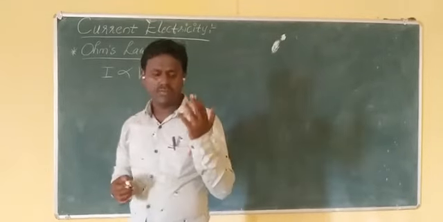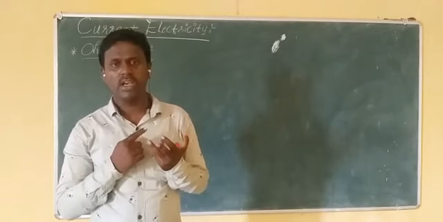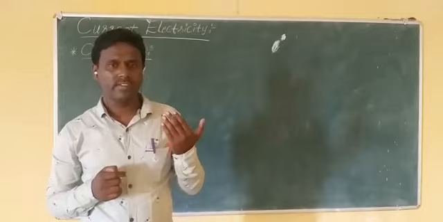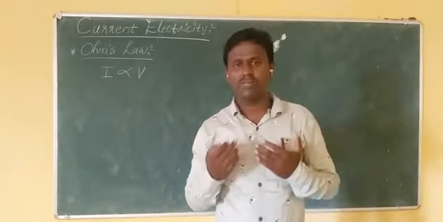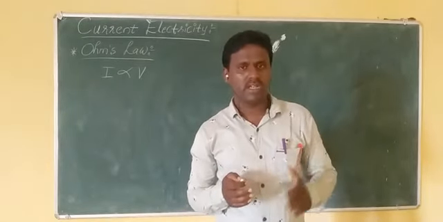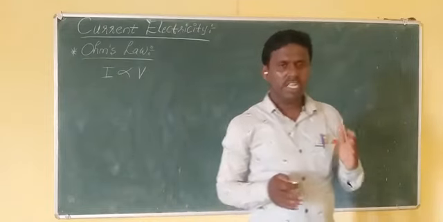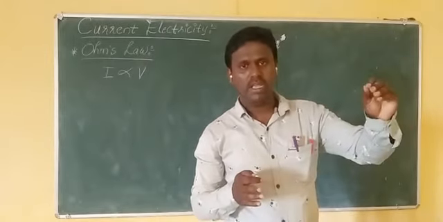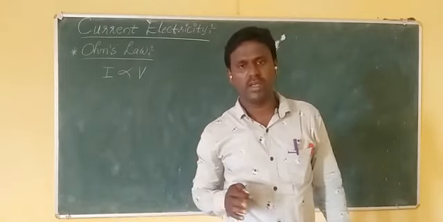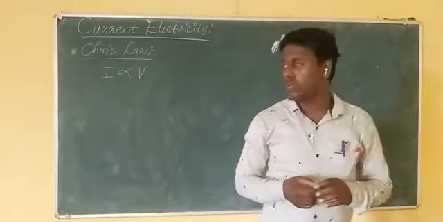What I am telling is, if potential difference decreases, current decreases. If potential difference increases, current increases. So current and potential difference change with respect to one another in the same manner. But the condition is that the laboratory or room temperature should be constant. It should not change with time, and pressure and any other physical conditions should be maintained at a constant level. So this is Ohm's law.